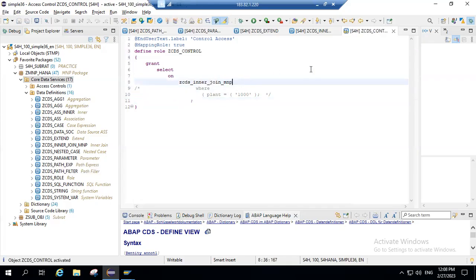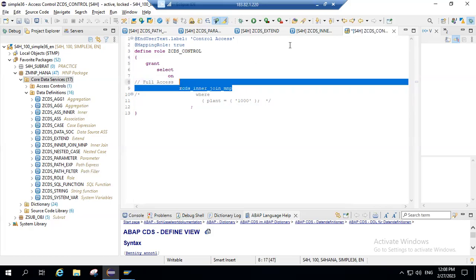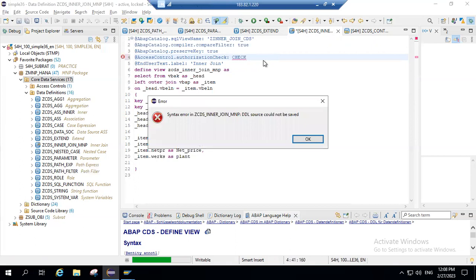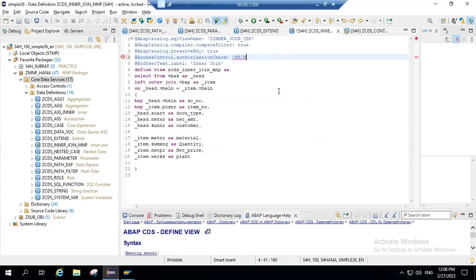Okay, now what happened? The entire CDS view. Now this is a full access. Let me give a comment. So if you want to check the entire CDS view, then it is going to check this. And here we have to give the check. So whenever we are executing this CDS view, then it is going to connect to the